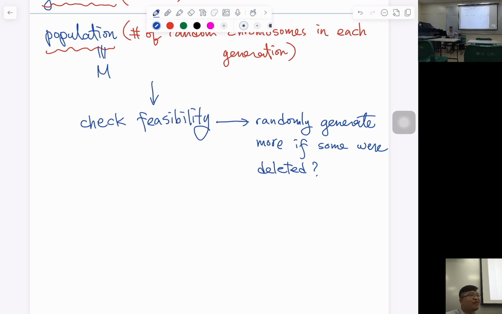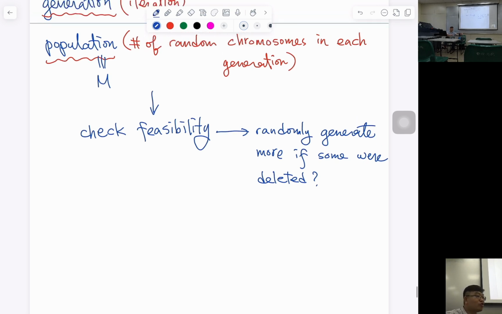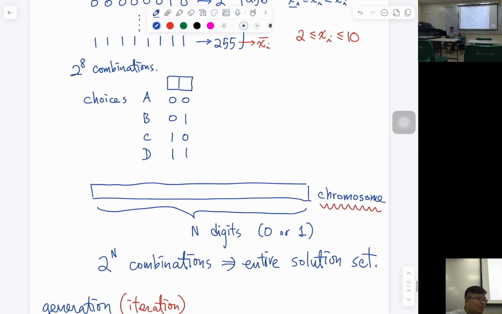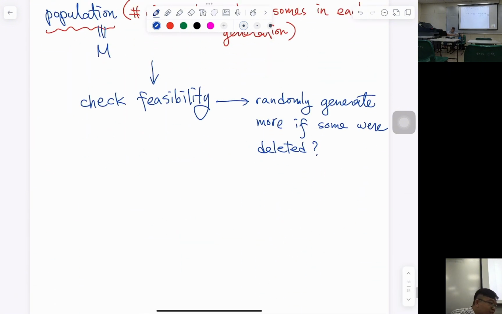They are just feasible. Okay, what do you mean by feasible? Satisfying the constraint, but not the minimal F. So what you will do next usually is so-called